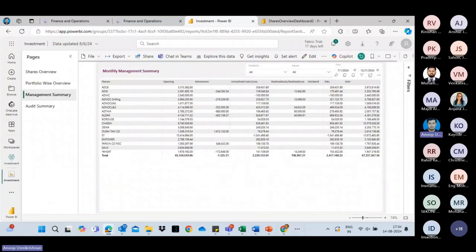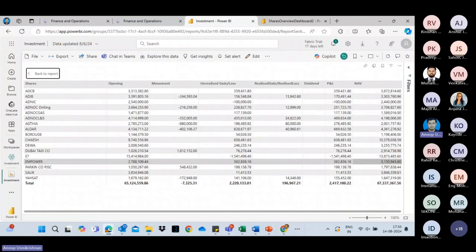And then we have what we call a management summary, which generally indicates the movement representation of each share. We would have opening balances, and the movement, which is basically the buy and sell of those shares during the period. You will have the information of unrealized gain or loss, and the realized gain or loss. Then if you have a dividend, you have the dividend, and you have a P&L and net asset value, which